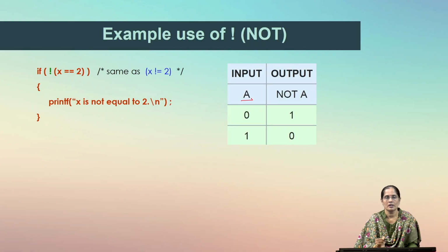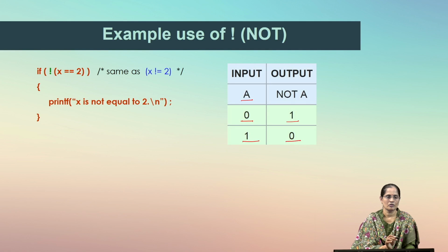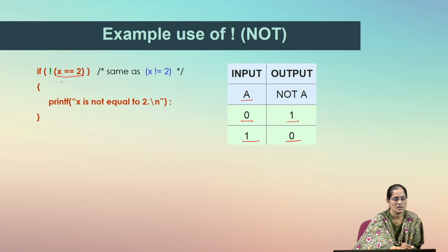This operator is a very simple operator which is used for negation, in the sense that if the input supplied to this operator is 0, the result will be negated to 1. If the input is 1, vice versa, the result will be 0. This is actually used for checking a simple condition, for example if we are checking the condition of x value to be 2, and we apply a logical NOT, then the result of this relational expression is negated. So, let us consider the value of x is 2,